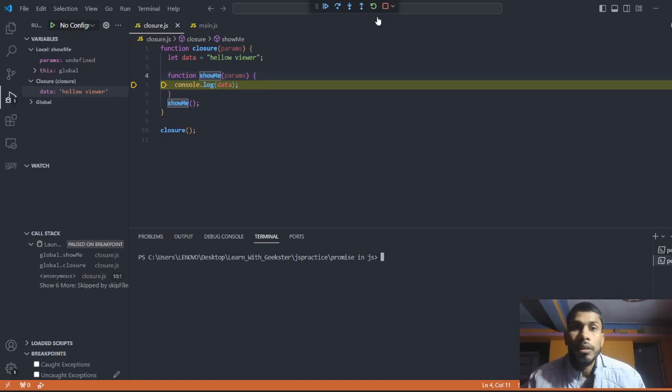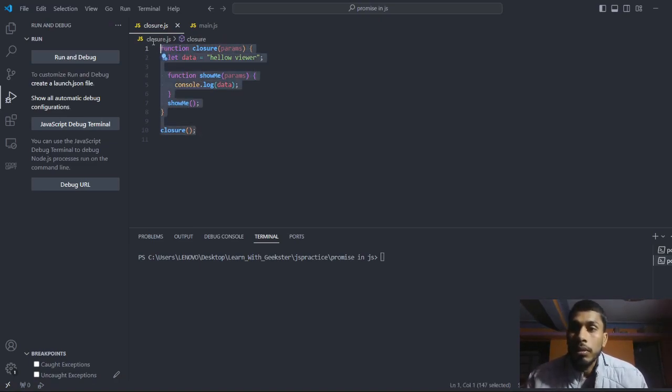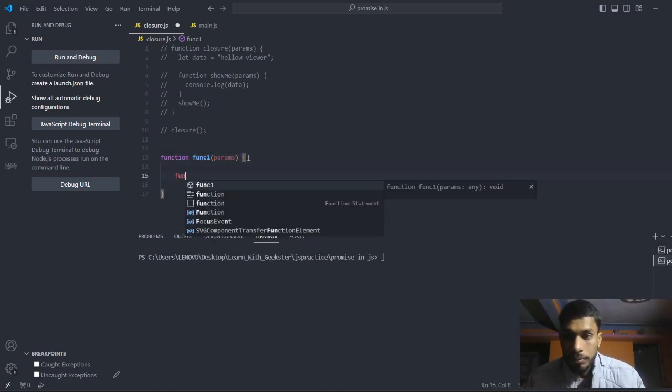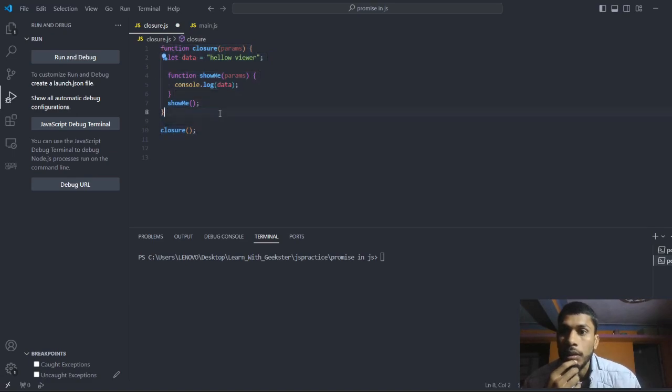After that, let's take another example. What we can do over here is create another function named function 1, right? Inside that particular function, let me change something.